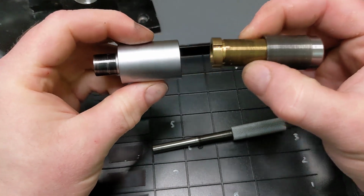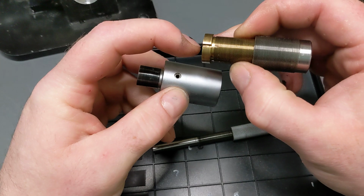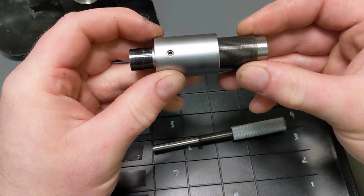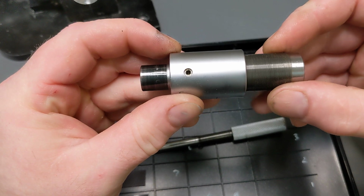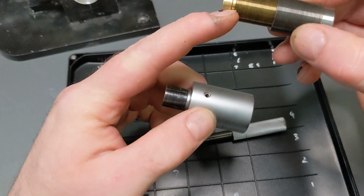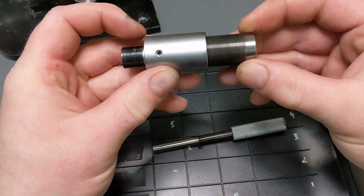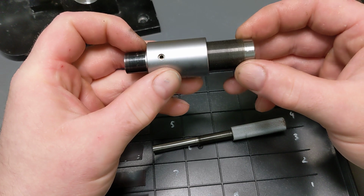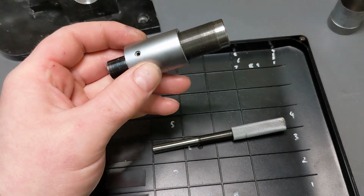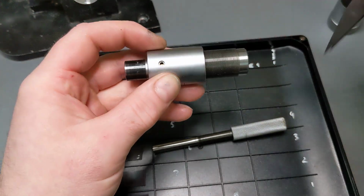And this is allowed to float just a little bit. And there's a little screw, a little step that sits in here. In fact, if I get the light right, you can see, yep. So you have a little screw that holds that and prevents this guy from rotating. And so as you turn this element, which if I had something small and pointy to hold that still,